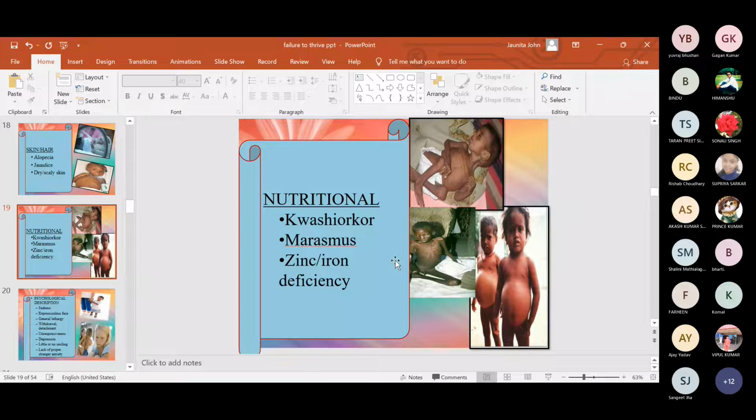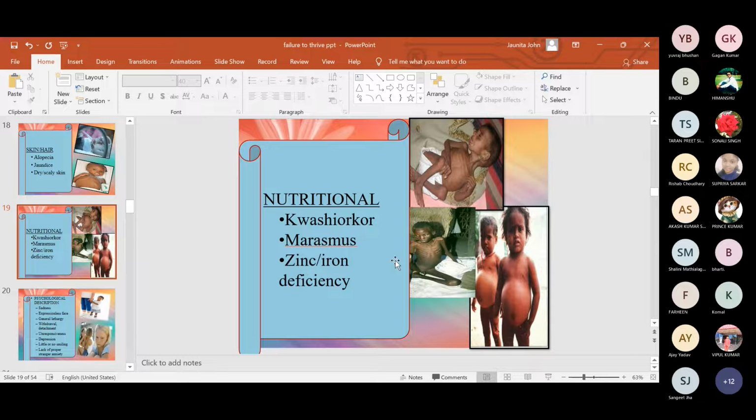And when does this happen? Both happen if someone is in poverty. But marasmus is mainly due to food scarcity. There is no food in the house, absolutely no food, there is a lot of poverty. In that case marasmus does happen. Kwashiorkor also, but marasmus more, because there is involvement of three things, that is protein, carbohydrates and fats. Understood? Any problem you all have in the difference between kwashiorkor and marasmus?